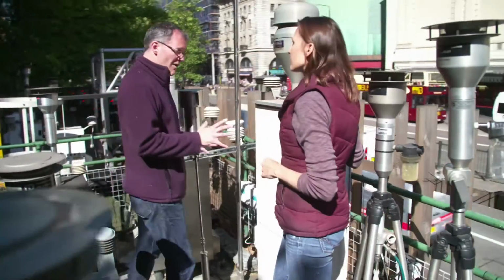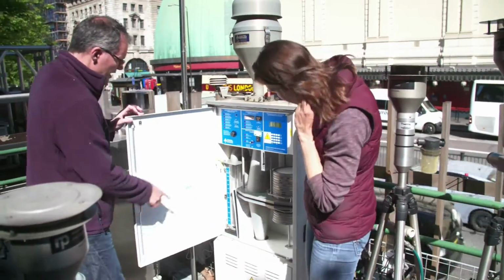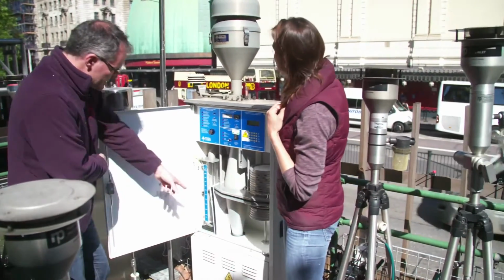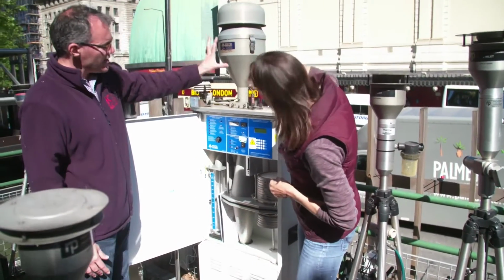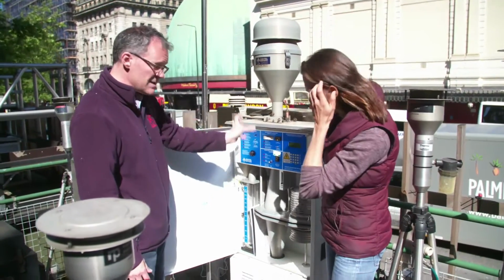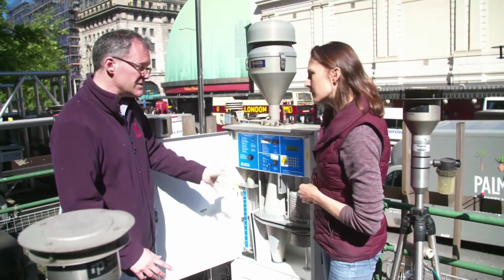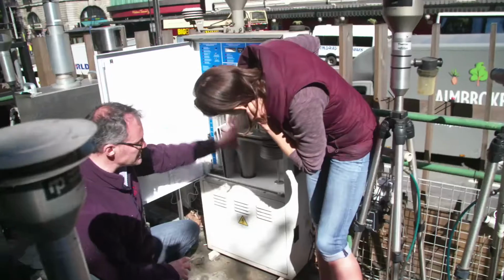Now this is what we call a high volume sampler, and it's sucking air in onto the filters at about 100 litres a minute. So you can see this detects the flow here. So the air's coming in here? Air comes in here through this size selective inlet, so only particles smaller than 10 microns in diameter are then deposited onto a filter. So we come along every 2 weeks and we put a stack of filters in here